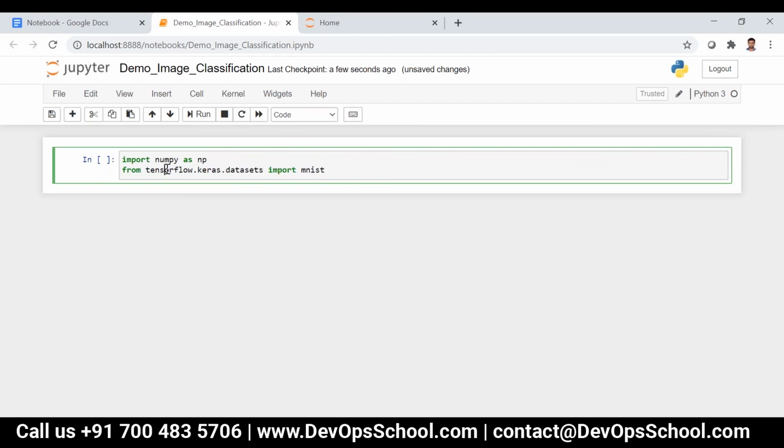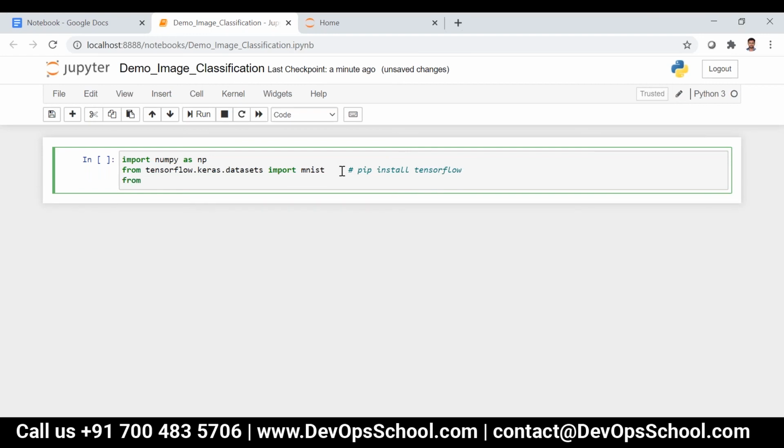You can install the module with pip install tensorflow, executed in the command prompt. Then from tensorflow.keras import Sequential.